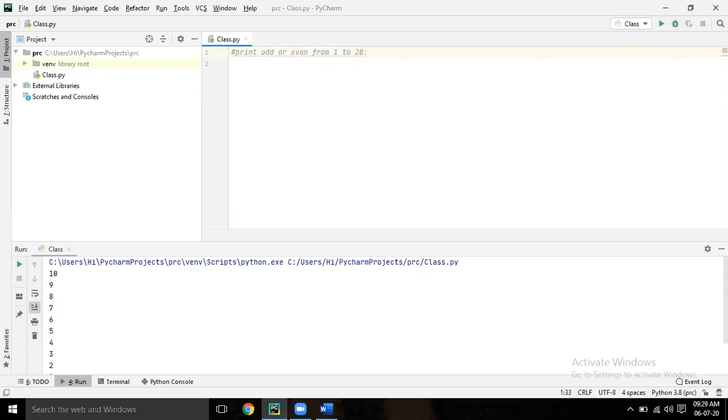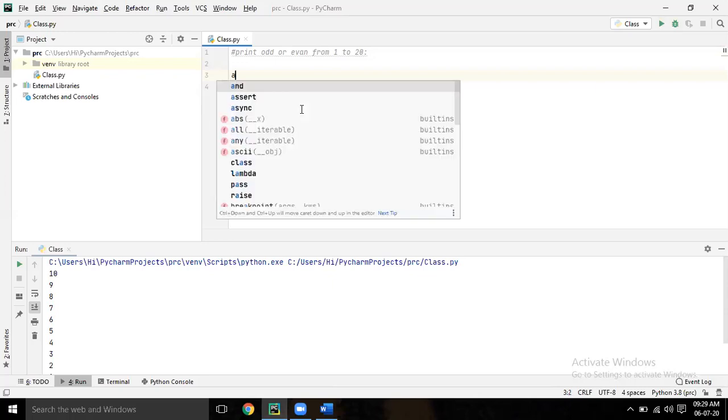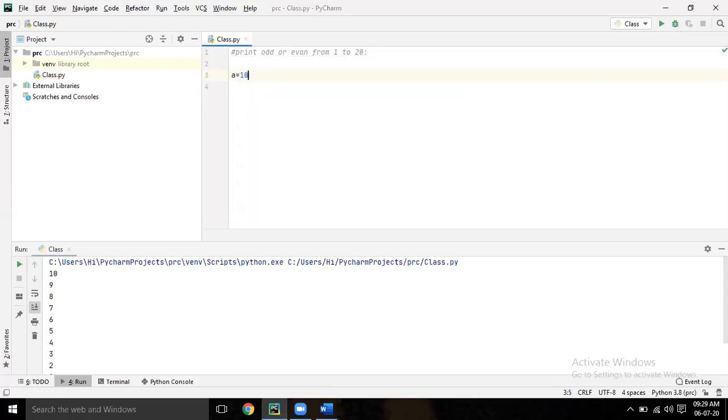Yesterday we did odd and even only for a single number. How did you do it? You assigned values, sir, A, B. Write it. A equal to 10. Then do whatever you have done. Only one number. Two numbers are not required.